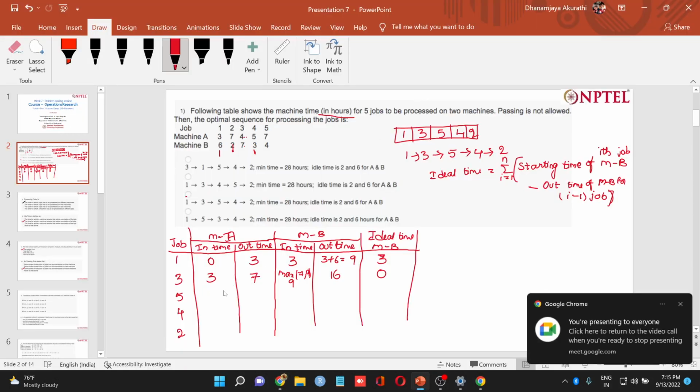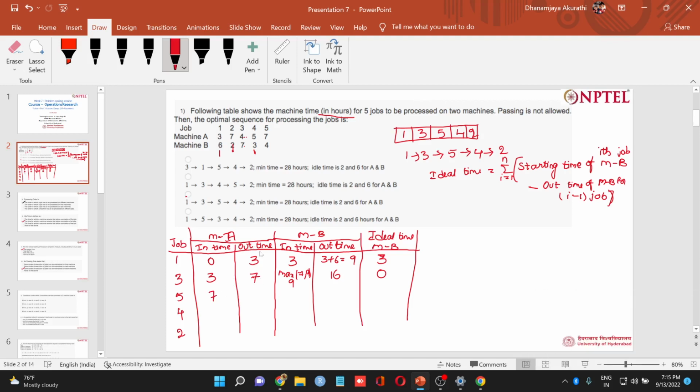the 5th job. The in time for the 5th job on mission A is 7 hours, because the out time is 7 for mission A, and to process job 5 on mission A takes 7 hours. 7 plus 7 is 14 hours, the out time for mission A, and the entering time for mission B is the maximum of the out time of mission A and the out time of mission B. Here you can observe that 16 is the maximum, so it is 16, and the out time is 16 plus the processing time of mission B for job 5, which is 4, so it is 20, and here you can see